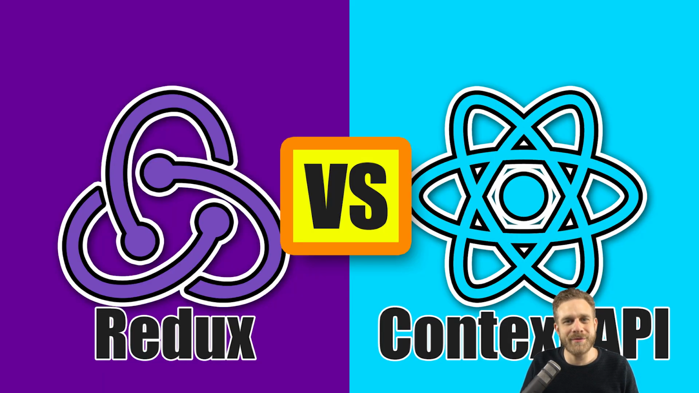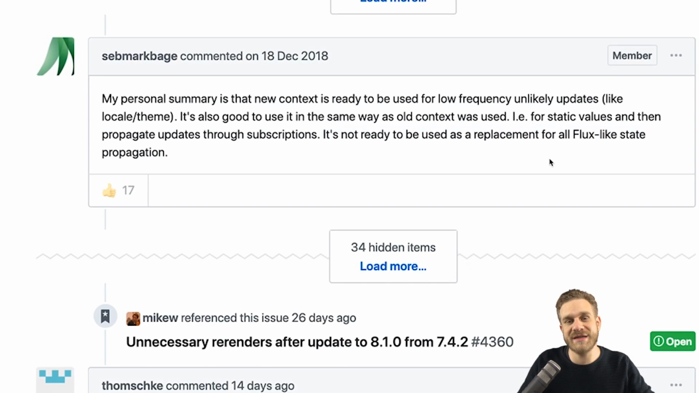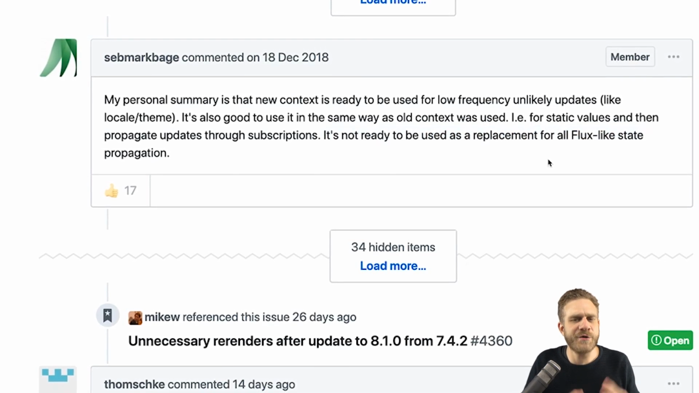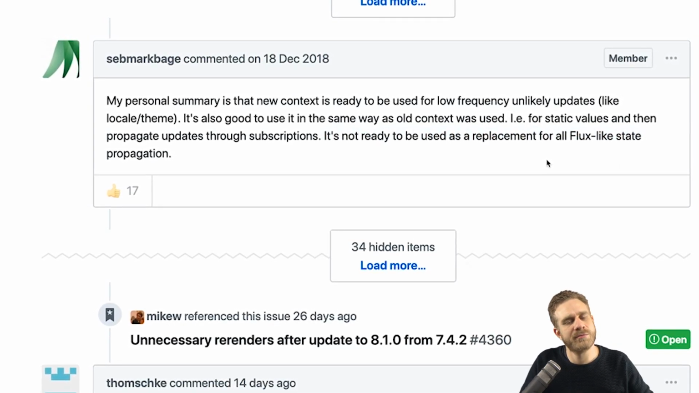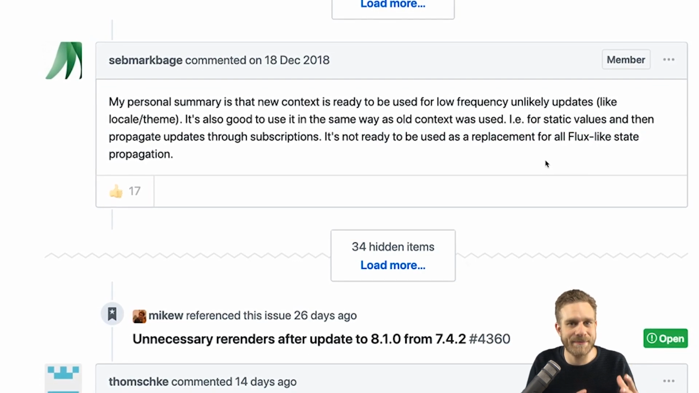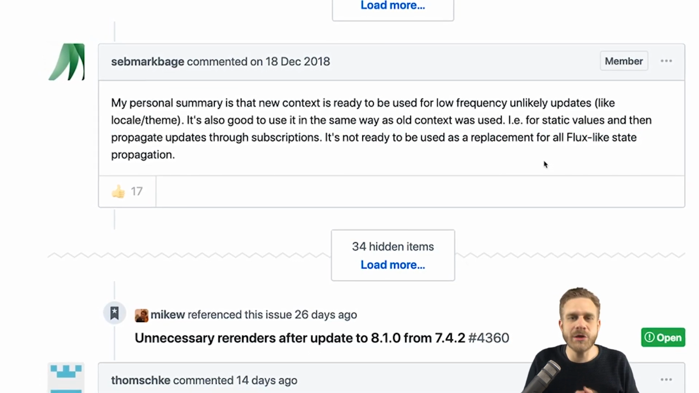So, should you always use the Context API then? Well, on the first look, it might look like an obvious answer. Sure, you should. It's relatively easy to use. It saves you the extra dependency and therefore probably also shrinks your bundle size. And why wouldn't you use it if it's baked into React? Well, let's have a look at a quote from someone involved with the development of React, and therefore certainly someone who has some insights into what happens behind the scenes. And there we learned that